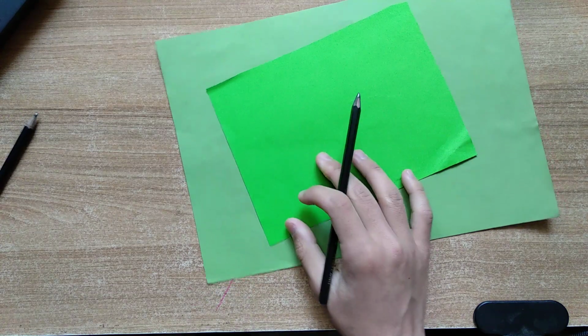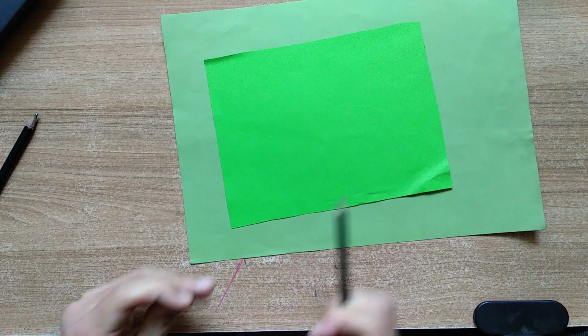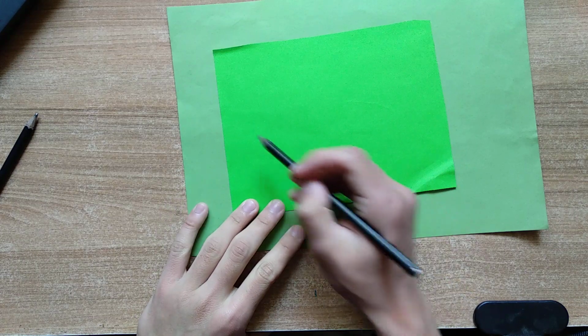Alright, so first off, it's quite simple. This one's going to be a lot simpler than my other mask tutorials since it doesn't require any folds. It's a simple little flat piece of mask. So first things first, you need an